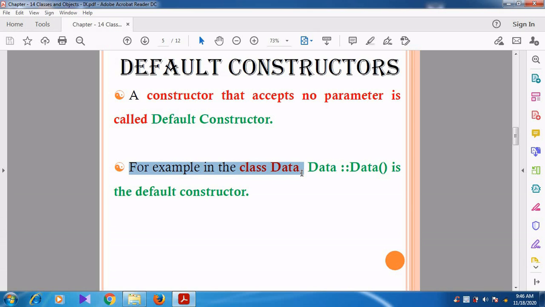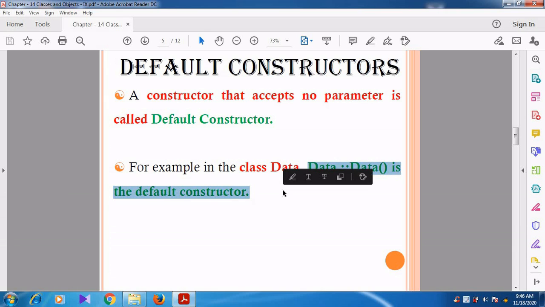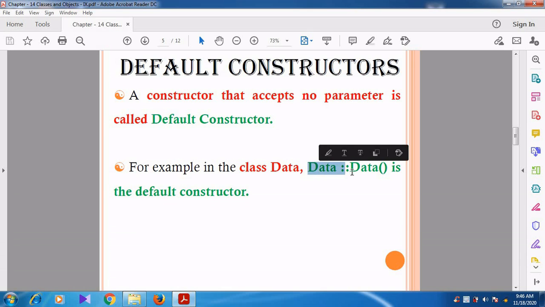Let us consider the class name as data. So here data, scope resolution, data is the default constructor. Here data is the class name and then data is the member function. This member function does not contain any parameter.